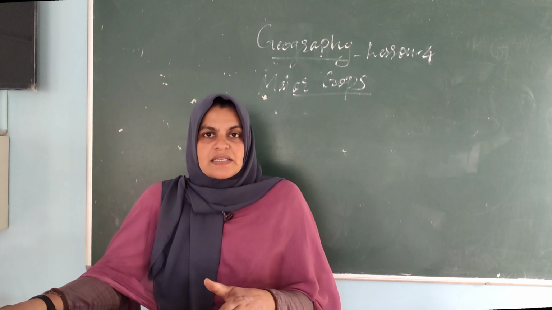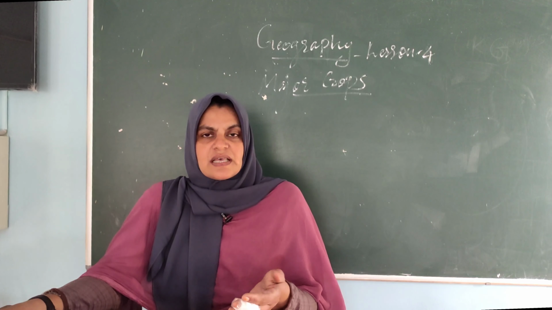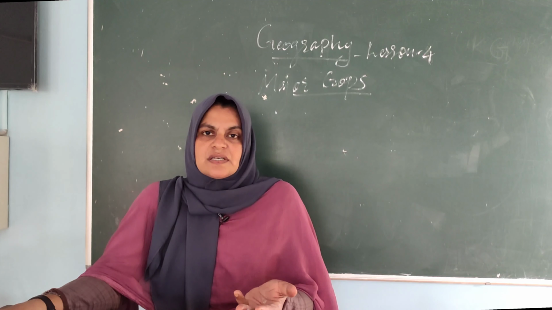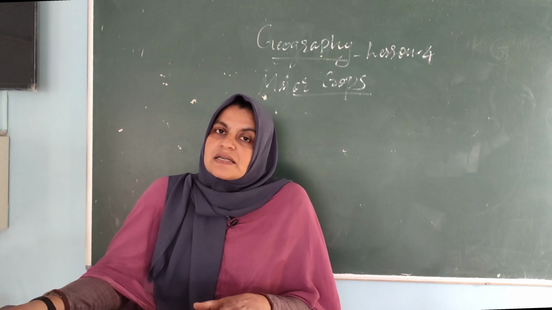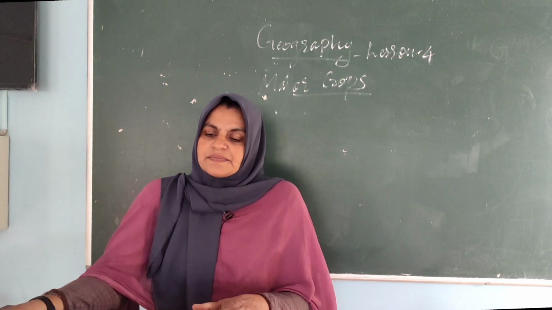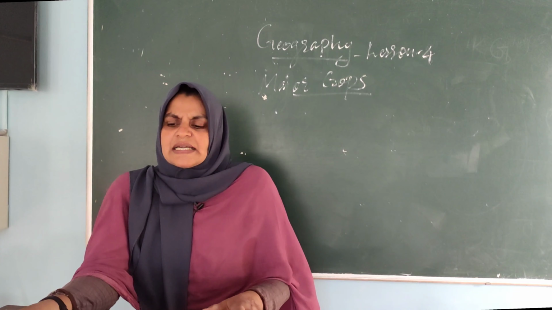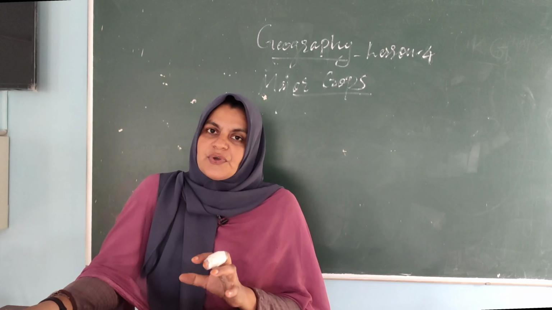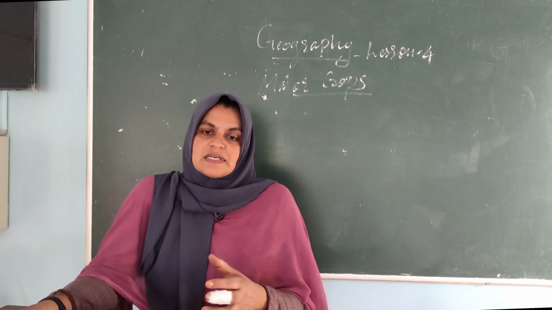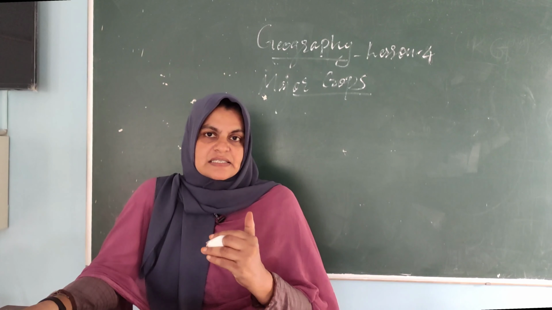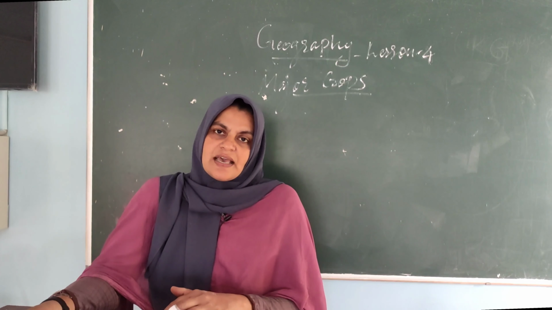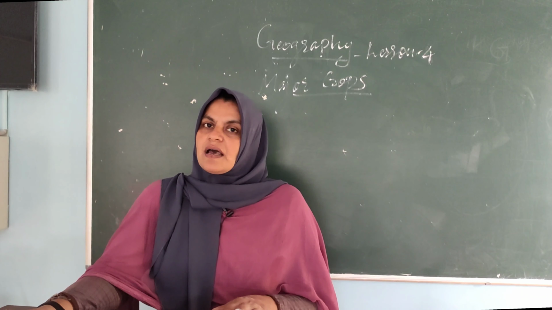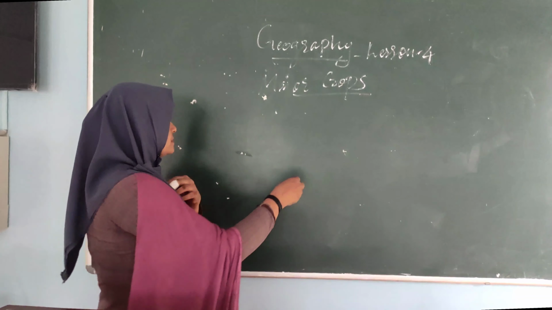So, we understood that it is because of the variations in the climatic conditions, variations of the soil and variations in the cultivation activities. Next, we can discuss a few of them. Discussing all crops is not possible, so we can discuss a few of these crops. First, we are going to discuss rice.